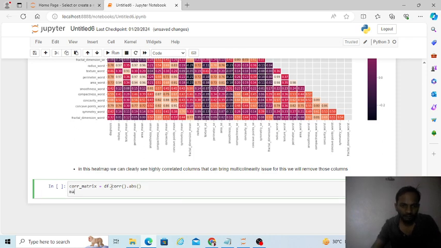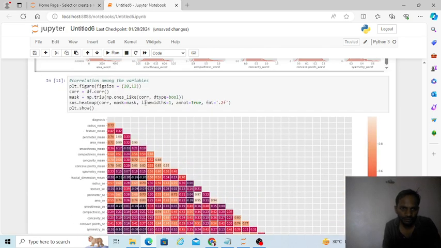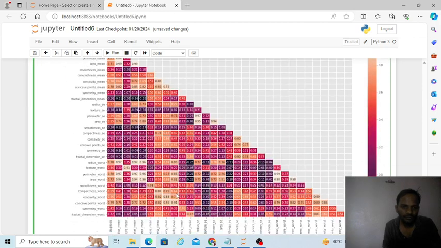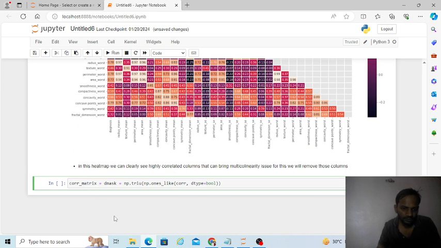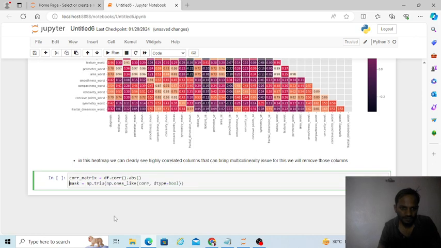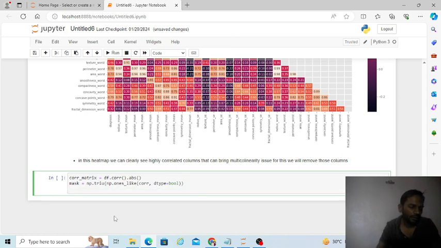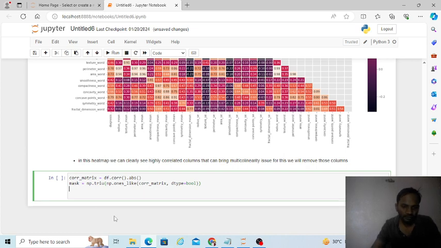Now I will write mask, same mask which we have used here, mask equal to np dot trio, np dot ones like, and we will pass core matrix over here, and try df equal to, we'll write return x for x in